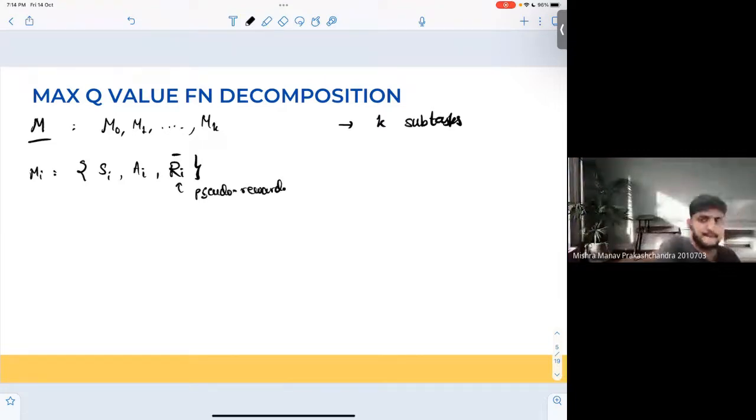So this basically tells me that my pseudo reward is the reward that I get on achieving what my subtask tells me to achieve. So if my subtask is basically to go from location G to location B, and if I achieve that subtask, there is some reward which will be termed as